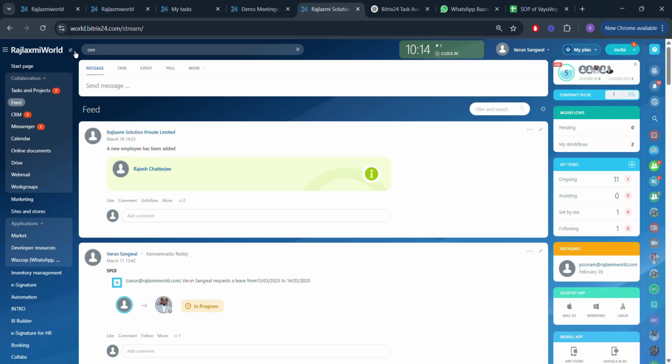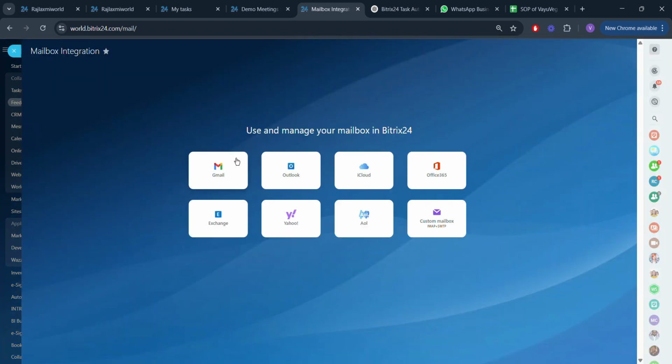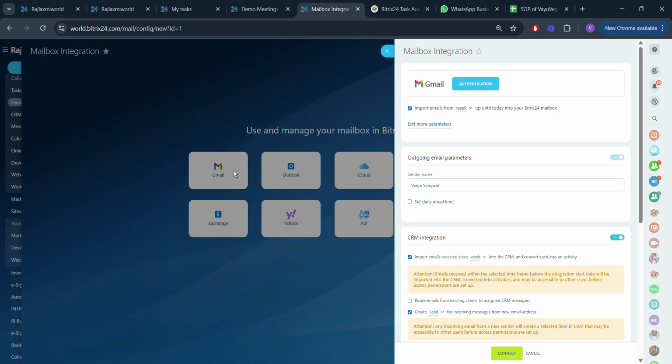So in Bitrix24, you can integrate a mailbox from different email service providers like Gmail, Outlook, iCloud, Office 365, Exchange, Yahoo, or corporate mail. So you have to go to the webmail section and you can select your mailbox service provider from here. After clicking your service provider, if you already have a mailbox connected to Bitrix24, you can click the